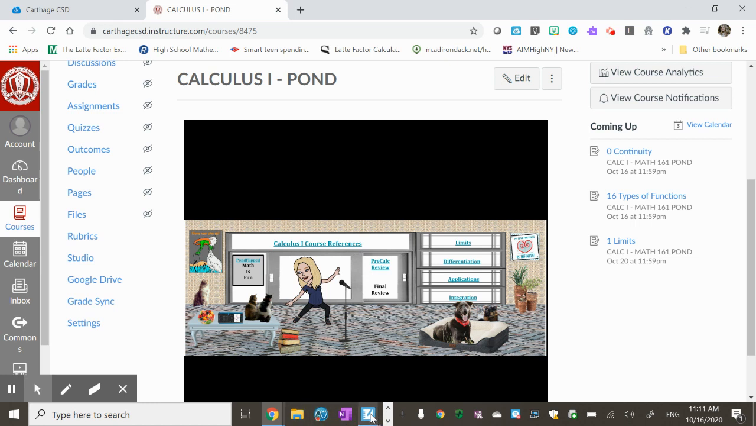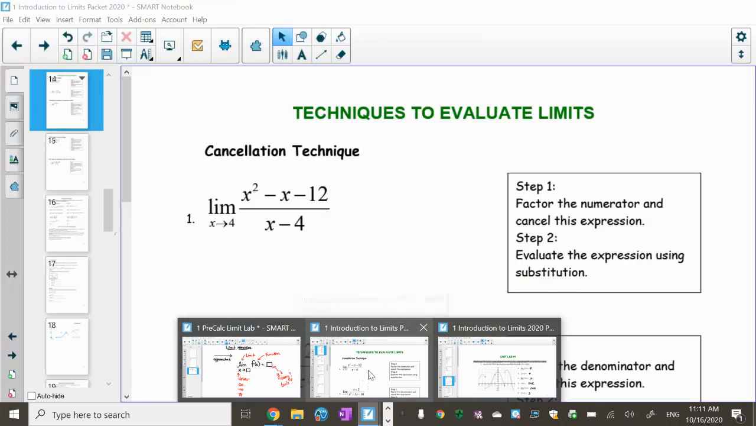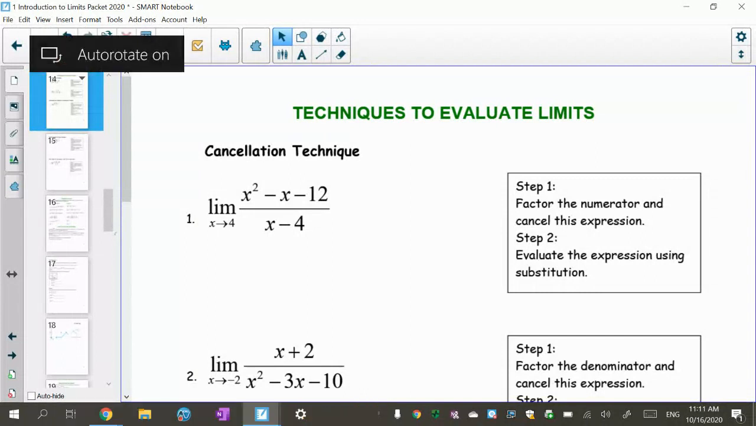Okay, so this video is going to do the introduction to the techniques of evaluating limits. Now, if I were you, I would actually do this lab after you watch videos 1 and 2 for the notes. Okay, so the first way to evaluate limits,